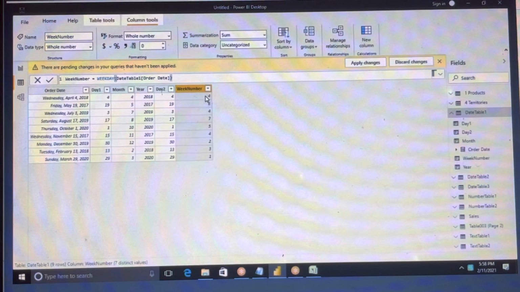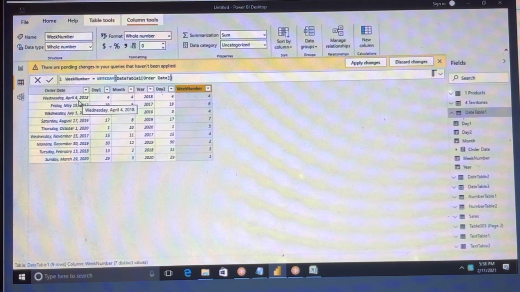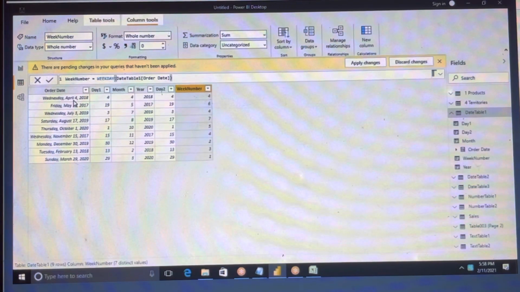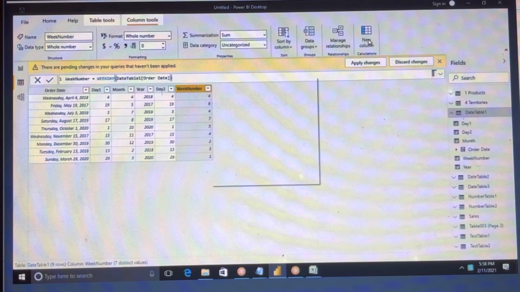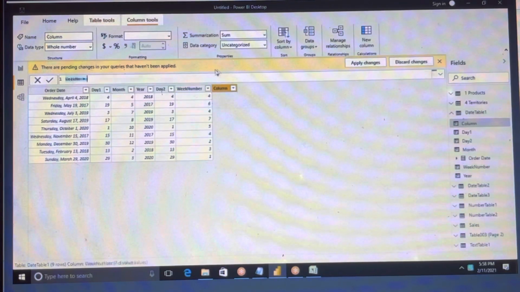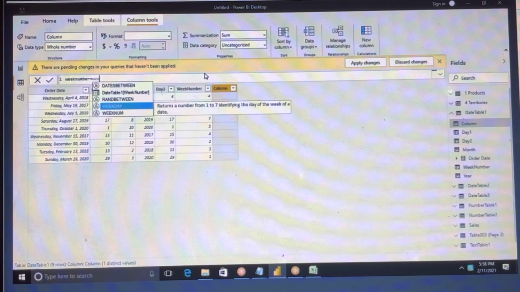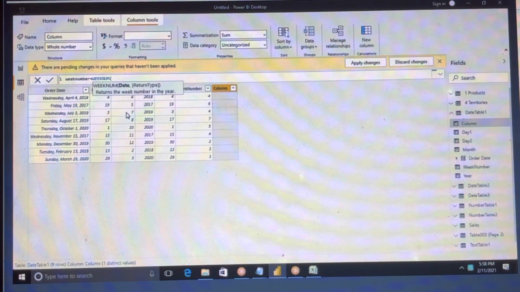Day, week number, fourth week, or April 4, fourth week, weekday. It's from weekday. Okay, fourth day of the week. For example, in the week started from 1, what is the day of that week? So it is getting here. And also you can use week number. The function name itself will clearly state what is the week number, what is the weekday and the week number, for example, order date.